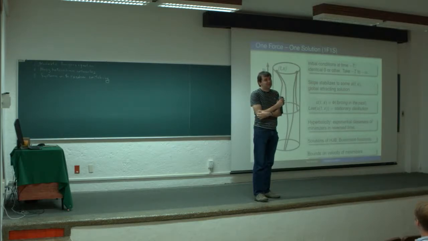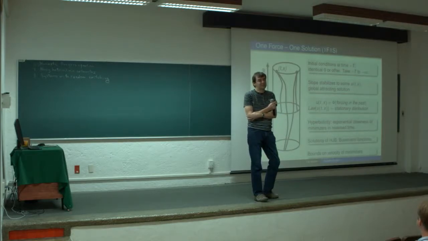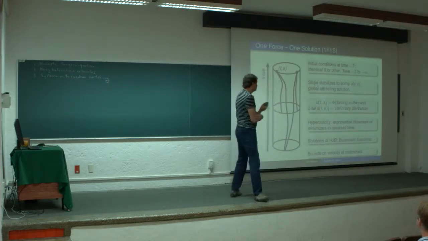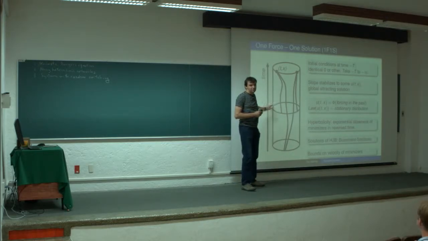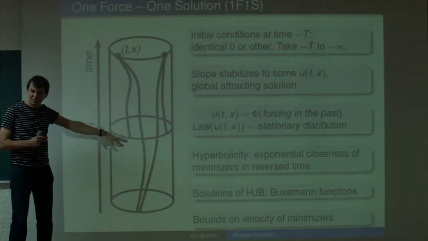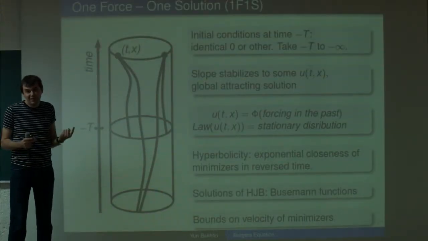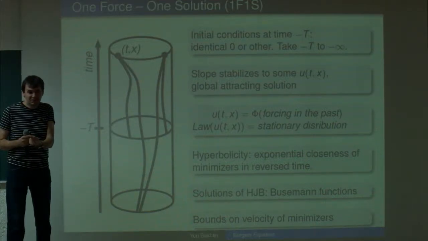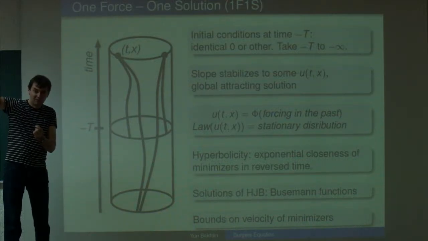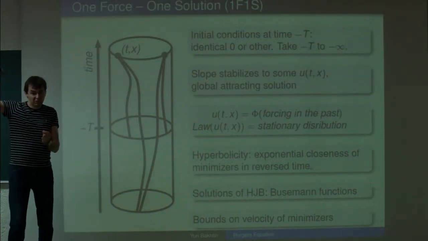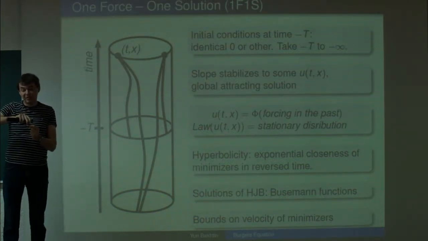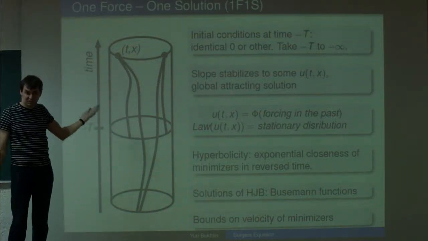Using statistical mechanics language, these one-sided minimizers can be called ground states of this energy. So in terms of minimizers, we have this picture that finite minimizers stabilize to infinite minimizers. By the way, this is very similar to what Leandro was explaining to you for discrete models. He took a distant point in a certain direction and pulled that to infinity, and he claimed that this path stabilized. So this is the same